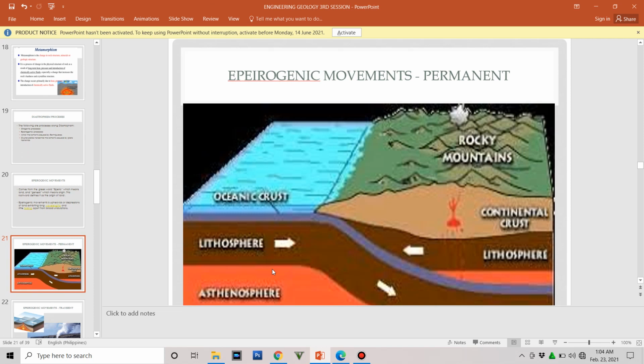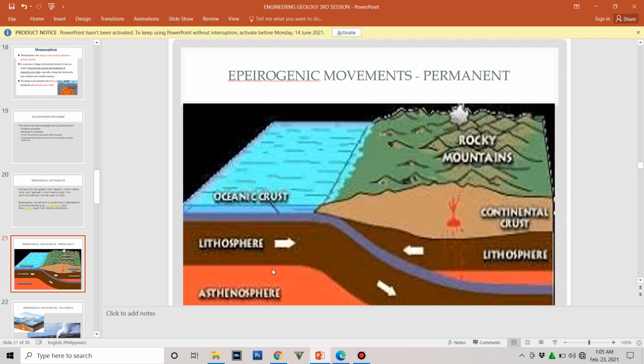So in the oceanic crust, we have a denser material called basalt, and the denser material would tend to slip over the softer granite material of the continental crust. Okay,